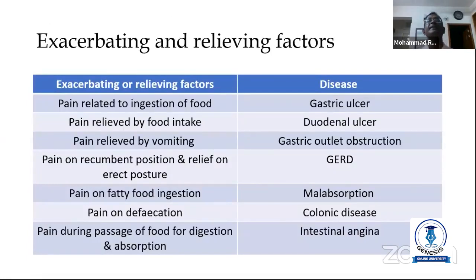So, some exacerbating and relieving factors. Pain related to the ingestion of food is gastric ulcer. Pain relieved by food taking, duodenal ulcer. You all know. Pain relieved by vomiting, gastric outlet obstruction. Pain on recumbent position and relief on erect posture, of course, it is